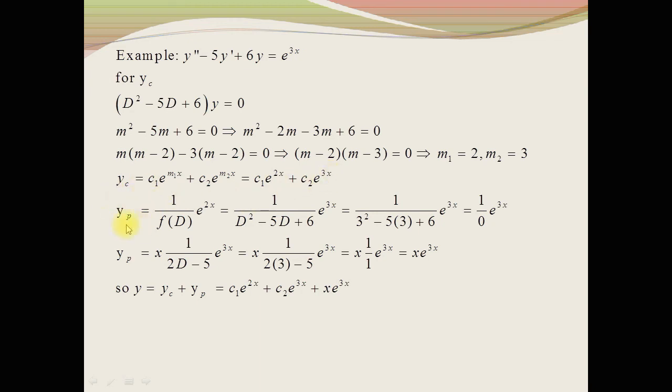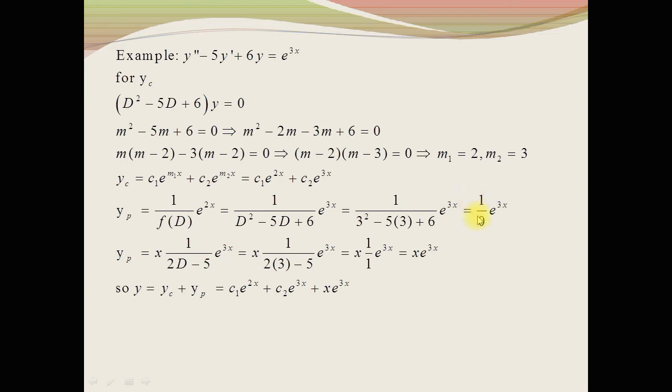Now to find the particular solution of this differential equation, we can write 1 over this differential operator times the right hand side function e^(3x). So 1 over D squared minus 5D plus 6 times e^(3x). Now replacing this D by 3, we get 3 squared minus 5 into 3 plus 6, times e^(3x). After calculation, 3 squared is 9, 5 times 3 is 15, so 9 minus 15 plus 6